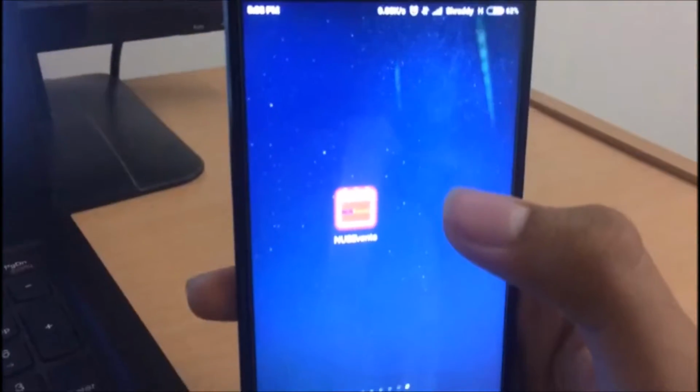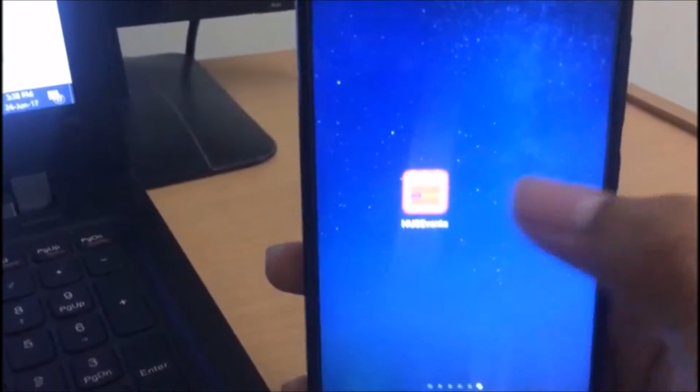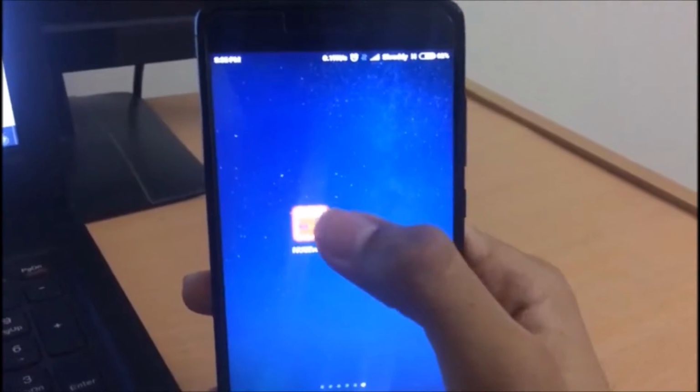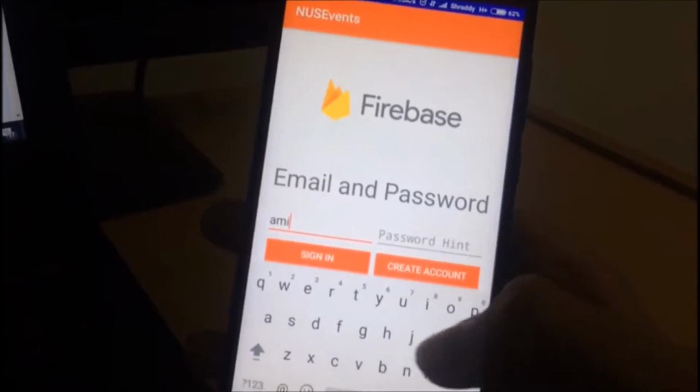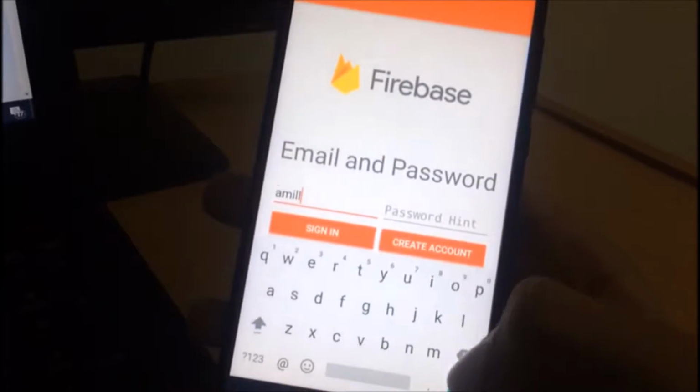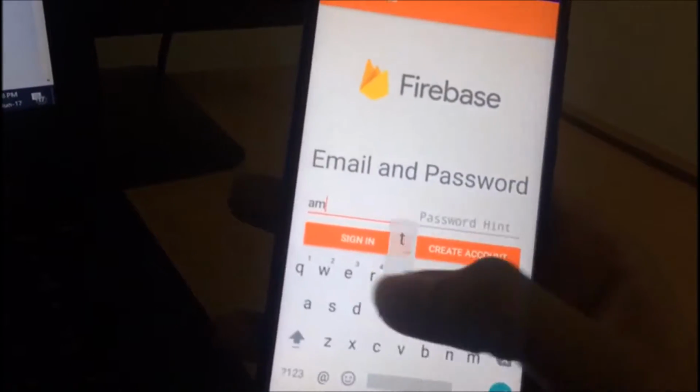Hello, here I'm going to show you the demo of the minimum viable product of a NUSEvents app. Now on launching the app, I'm directed to the main page which asks me to sign in using email and a password. It is a Firebase authentication system for